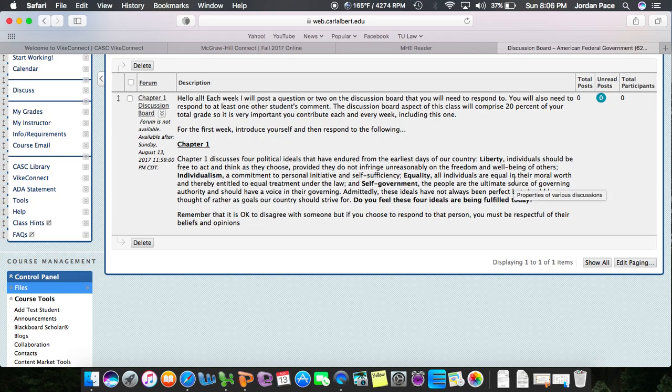Do you think that individuals are free to act and think as they choose? Or do you think that the government limits our personal liberties? Individualism, do you think that the people of America take it as a personal responsibility to be self-sufficient? And do you think that we take it as an affront to be supported by a group, or in more particular, by the government? Equality, and do you think that all individuals